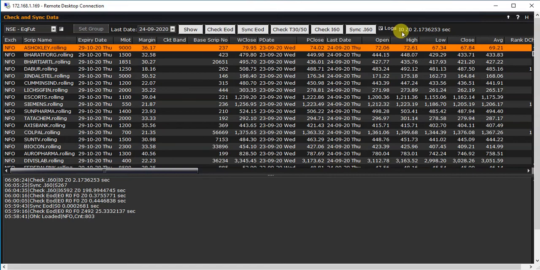I0, that means all the data is synced. If it would have shown any reduced number, then again at a time interval I would have clicked on check I60. Okay, so now my data is synced and system is ready to use.